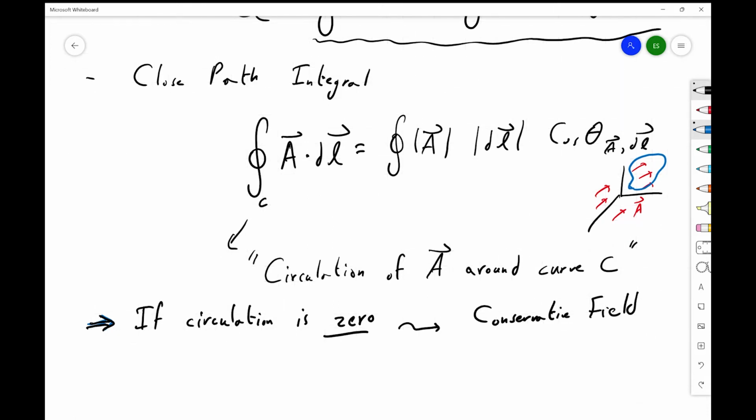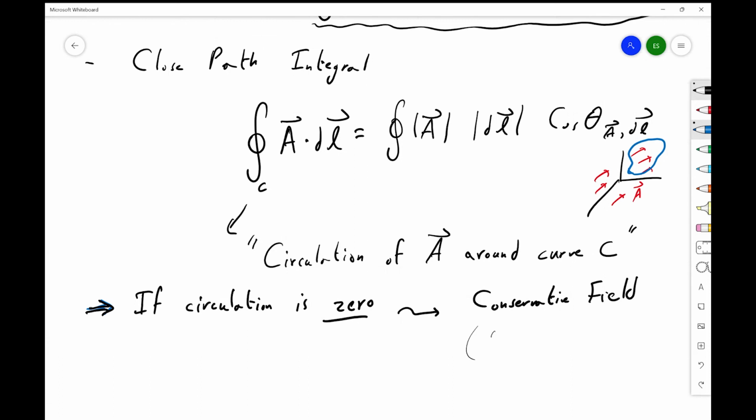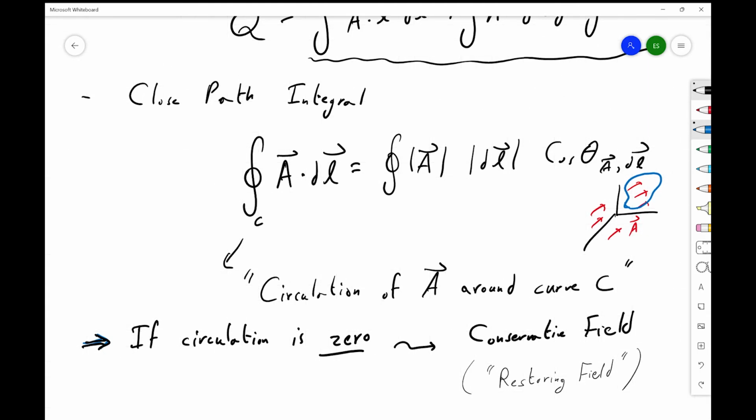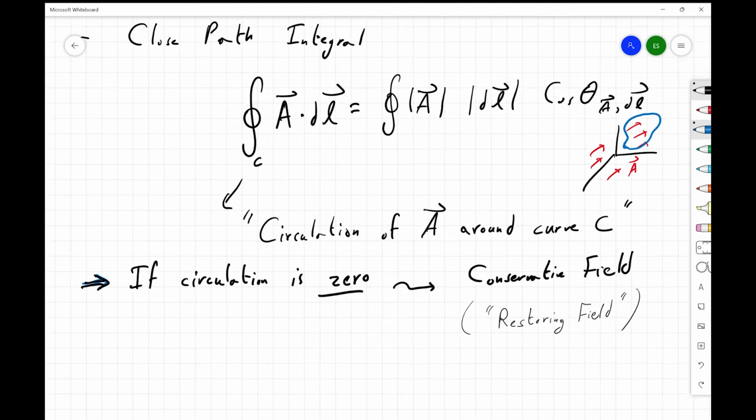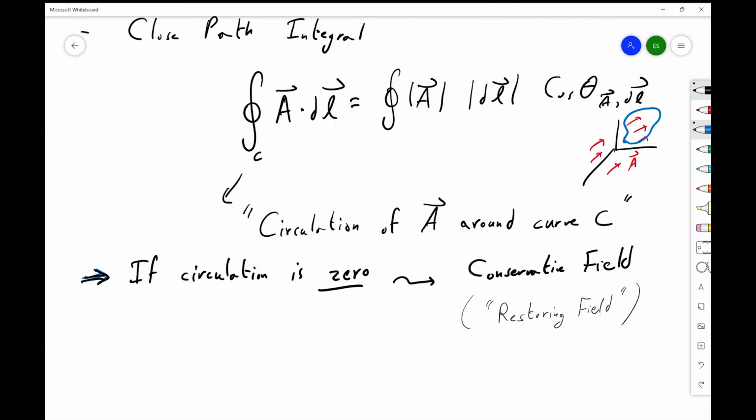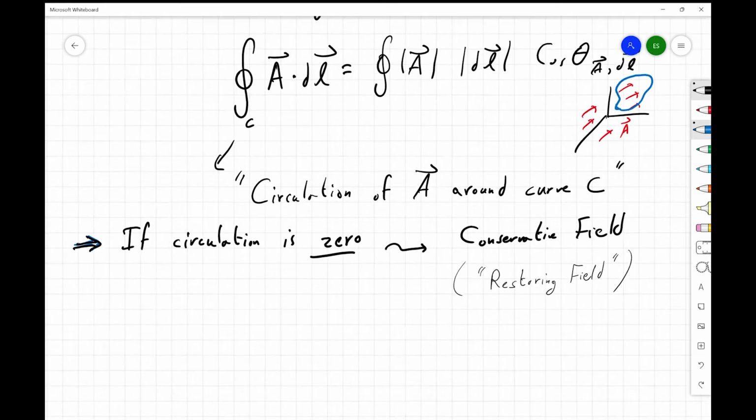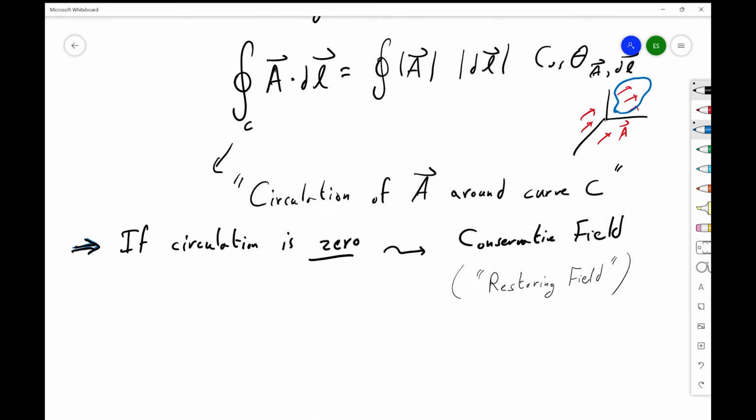This is a conservative field. Or another way of calling it, it's a restoring field. Maybe thicker is clearer to see. Restoring field, okay? So if it's 0 along any closed path,